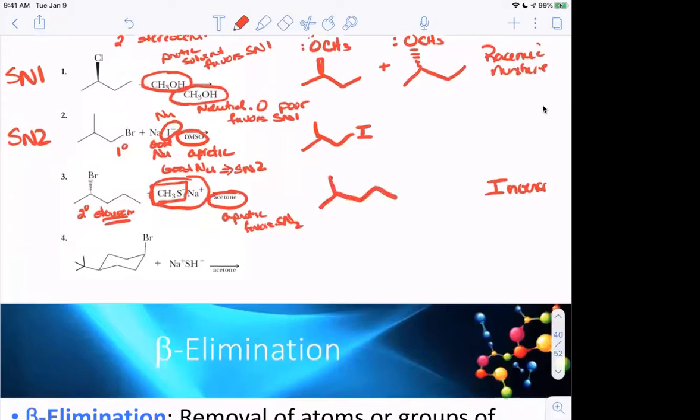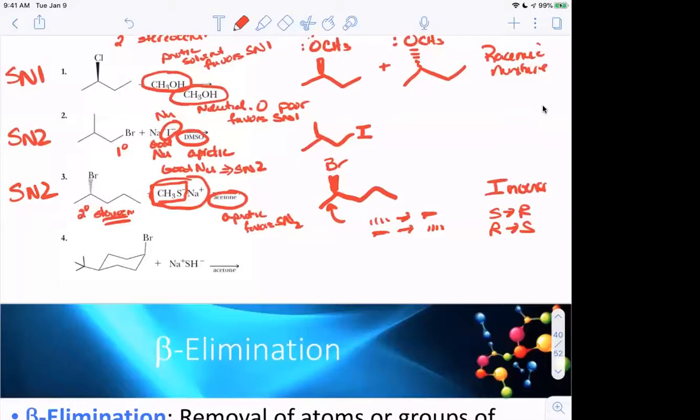So I have inversion of that stereocenter. If I have hashed, I go to bold. If I have bold, I go to hashed. If I have S, I go to R. If I have R, I go to S. Now, this last one undergoes SN2. This last one was a little tricky